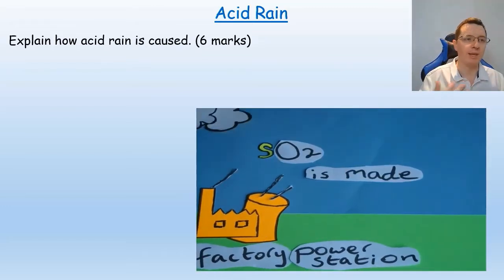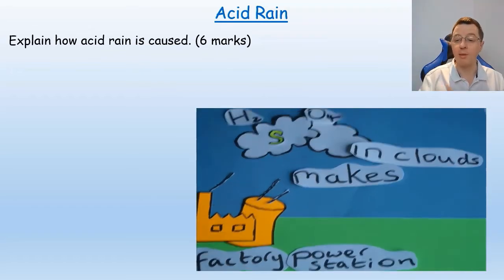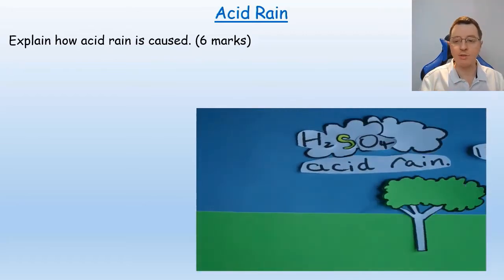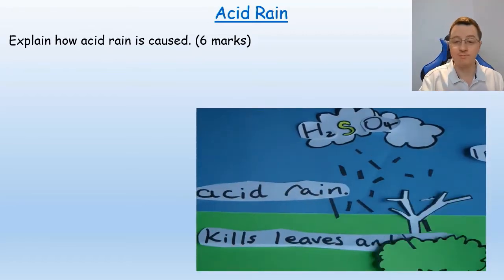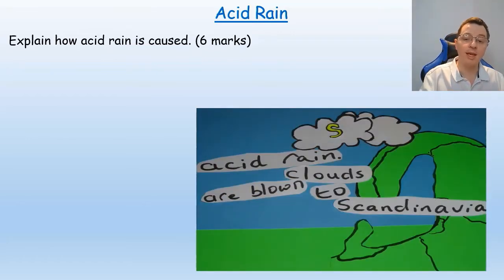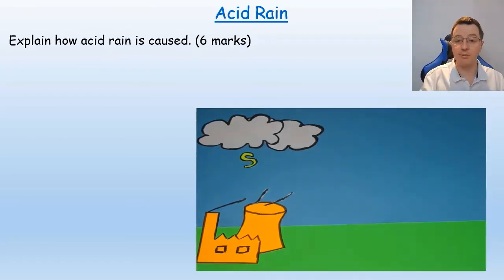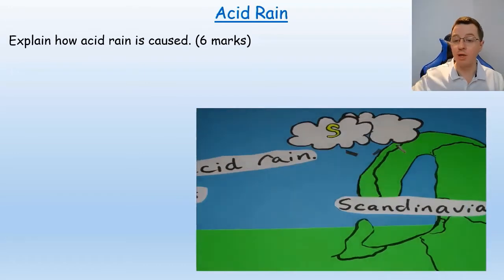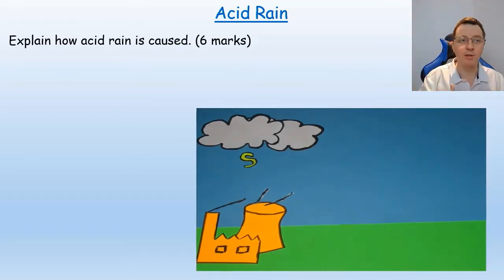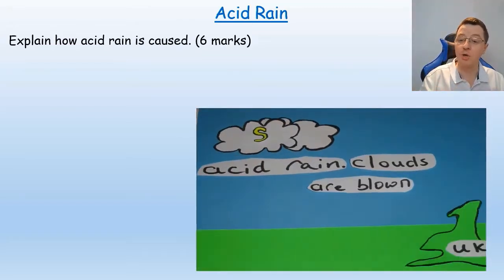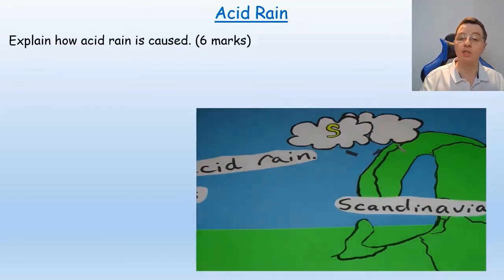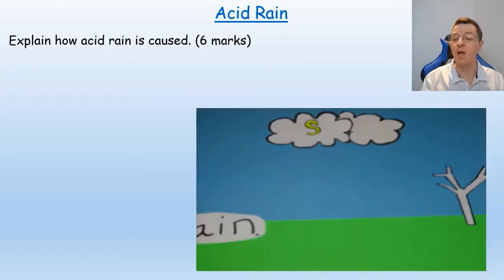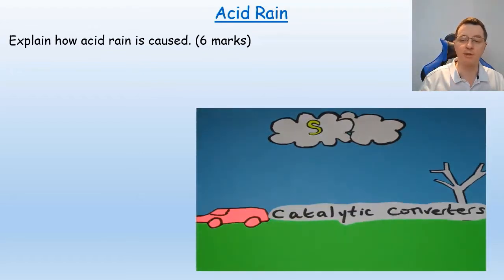They'll cause the pH in lakes and rivers to fall and become highly acidic, and this can damage the ecosystems quite severely. Now, one of the worst parts about this is the fact that the sulfur dioxide emissions made by one particular country can often be blown far away to another country. So in the 1980s and 1990s, this was a big issue, that sulfur dioxide being made in the UK and Germany was blown over to Scandinavia, which didn't produce much acid rain itself, but had a big ecological effect, damaging